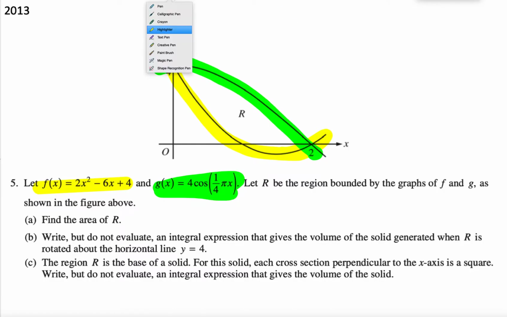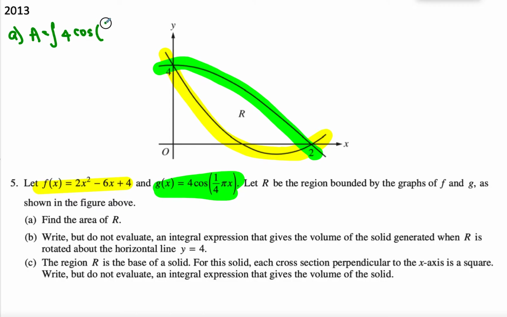Now what I want you to do here is first find the area. In order to find the area between those two curves, we're going to do top minus bottom. So the area is equal to top, which is the cosine function, 4 cosine of 1/4 pi x, minus this one, parentheses 2x squared minus 6x plus 4,